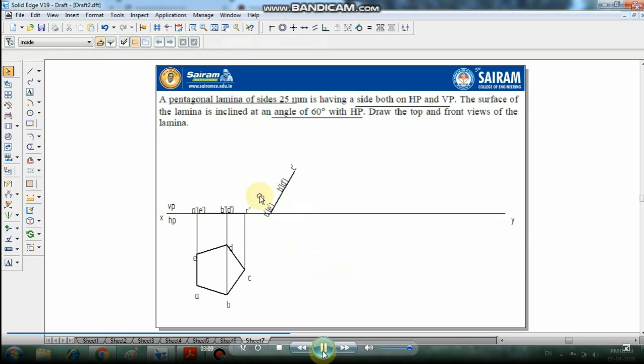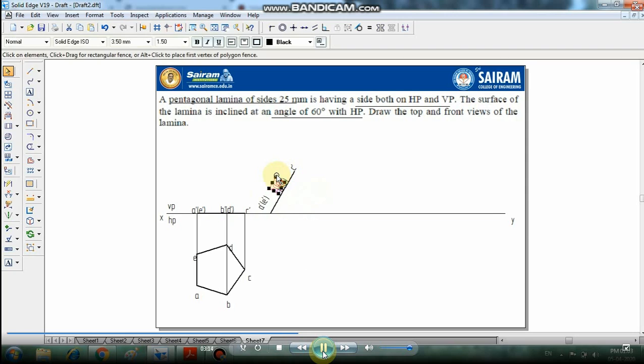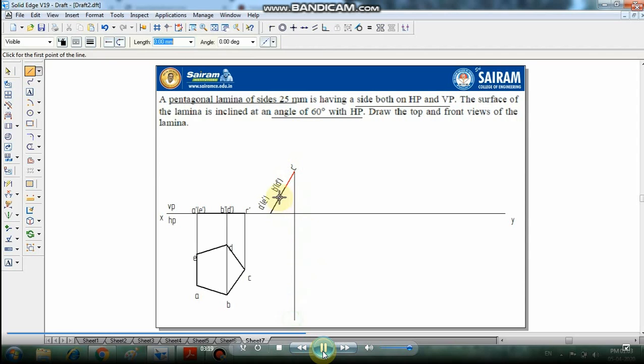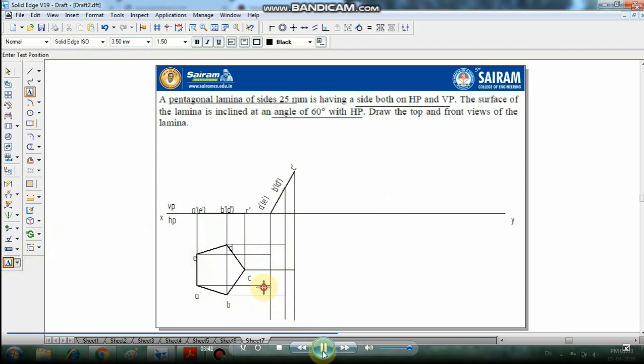For moving the text, you have to ungroup this. You can move it a little bit for visibility. Then draw the projection lines. We have to draw a vertical line from this edge and from this edge. Now draw A to A dash where it meets, B to B dash, C to C dash, D to D dash, E to E dash. Mention the points where the intersection happens.